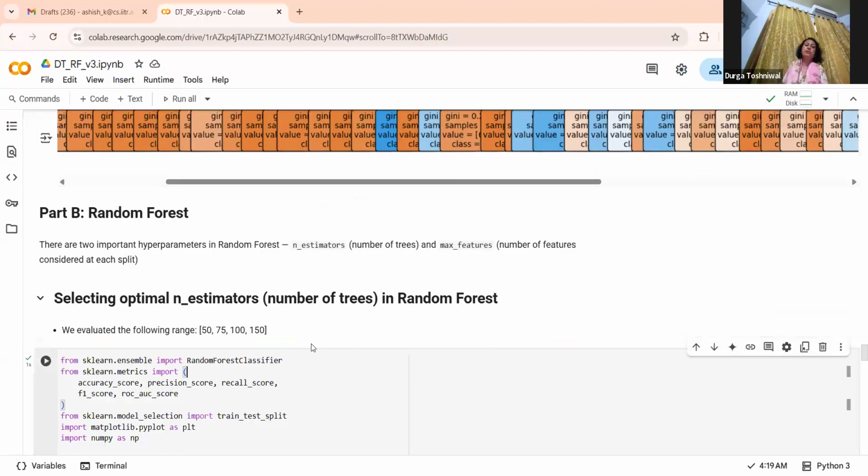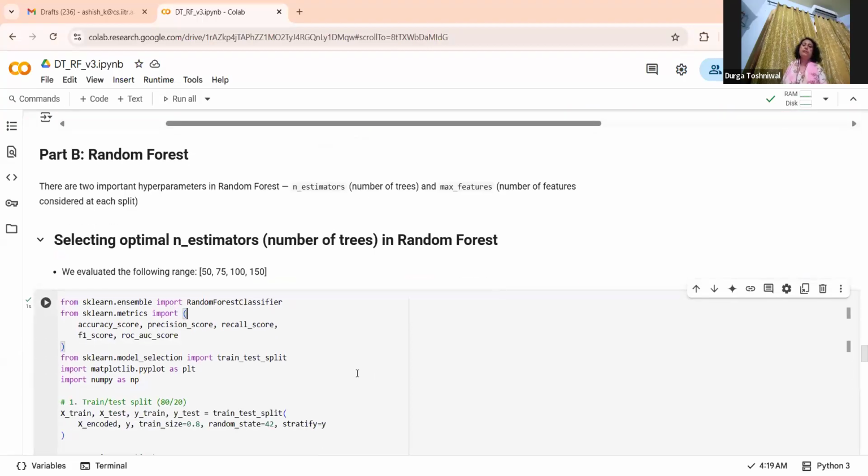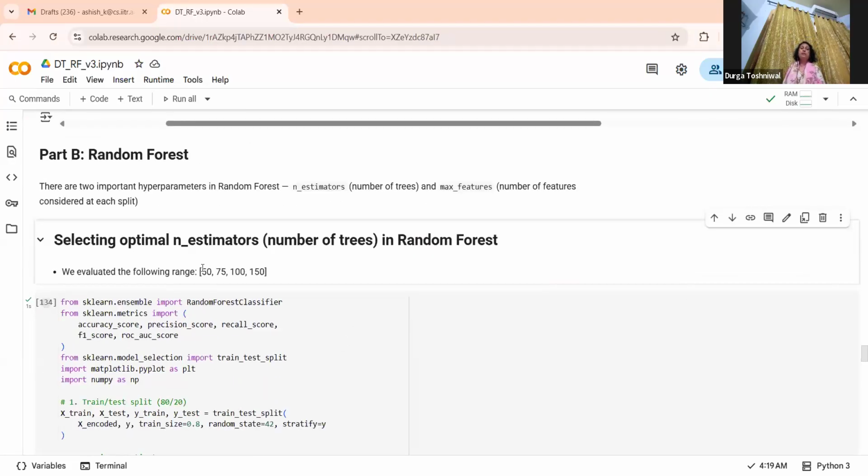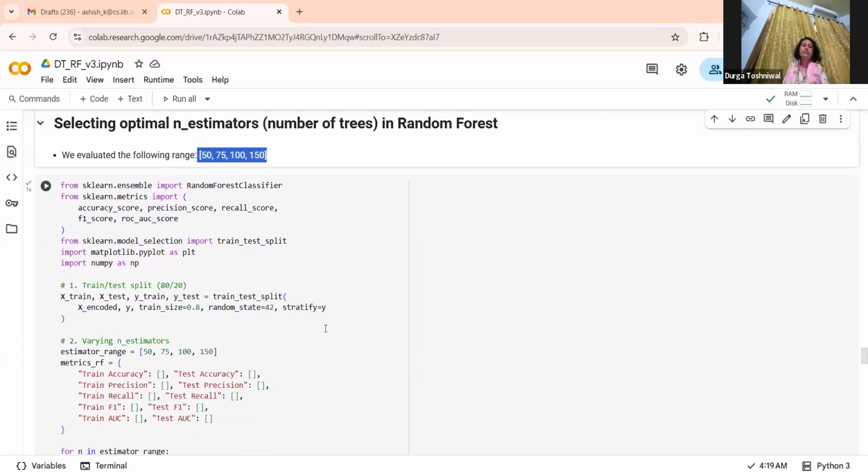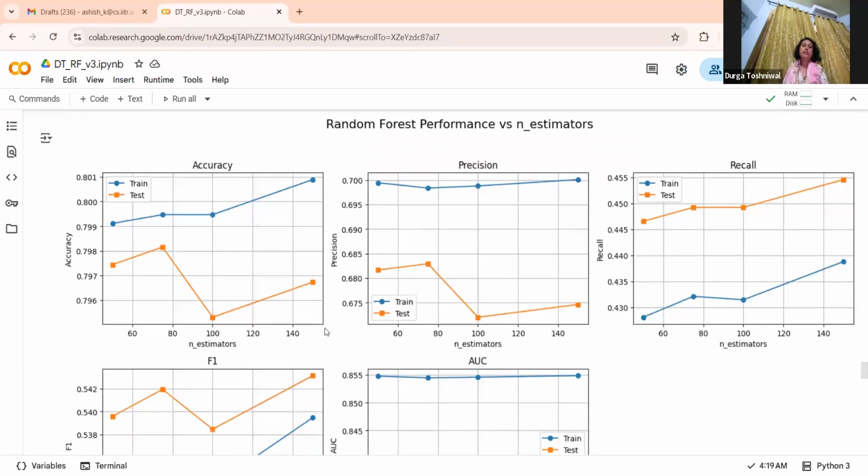Now we'll come to the random forest. As we already discussed, random forest is a collection of a random number of trees. So this is a hyperparameter to this particular process. Therefore, we first try to decide how many trees we would want to use in the random forest. The default value is 100, and we try to vary it lesser and greater than the 100 value, which is default in the function. And we try to look at all of the performance metrics like accuracy, precision, recall, and all, again with the